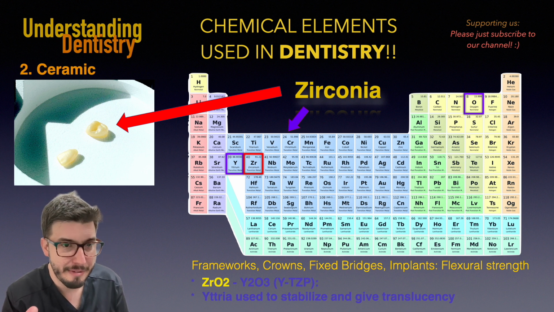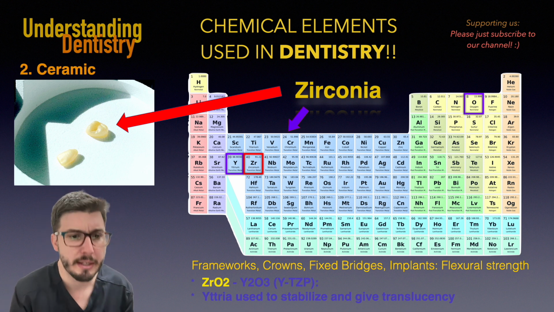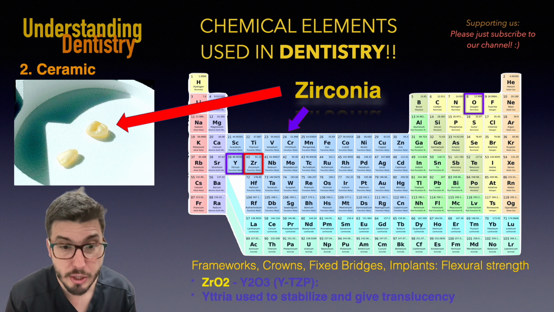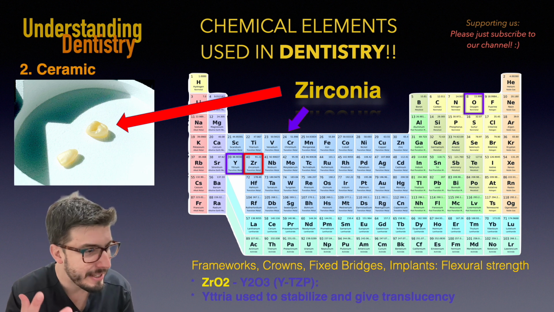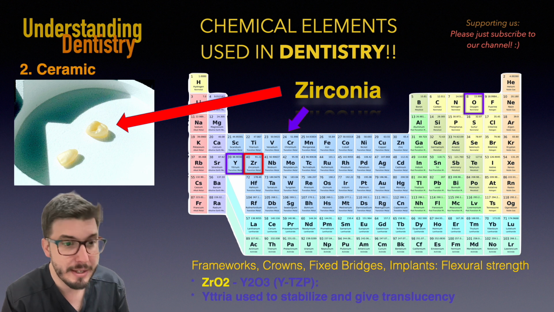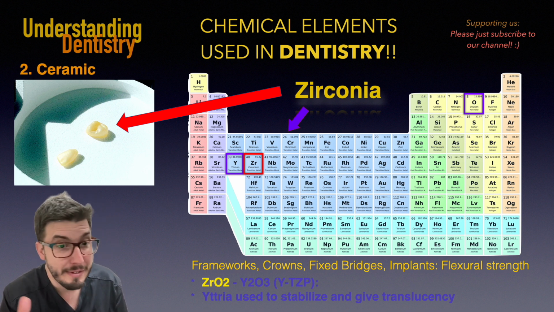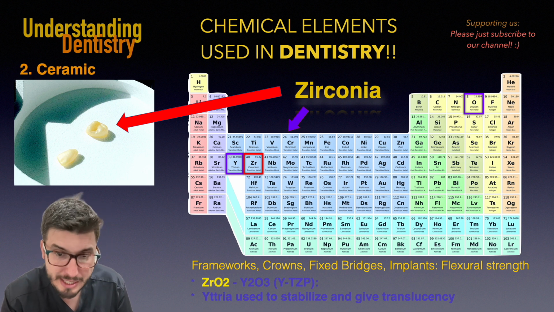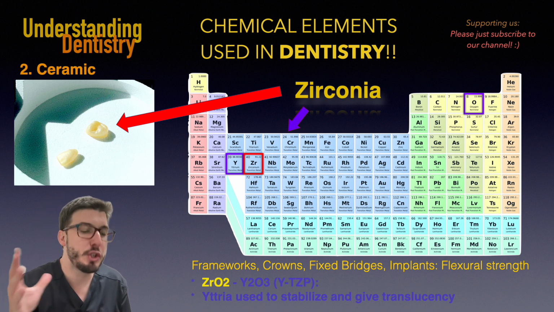And that's basically a very nice material of zirconia that is used in several restorations, crowns, fixed bridges. And then, of course, there is the opaque zirconia, which is not this one. It's a different composition. It's much more opaque, without the yttria, and this can be used for frameworks as well, and even for porcelain fused to zirconia crowns, all right? Then even implants of zirconia can now be made, so that's actually very interesting as well. And it's the material for restorations with the highest flexural strength.